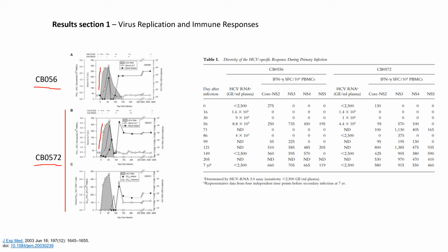you could see that at the earlier time points, between day 0 to 50, a rapid increase in the viral loads, shown by the HCV RNA. And what's interesting is that even though these chimpanzees produced antibodies against the E1E2 at the earlier time points, here and here, they still could not clear the virus, and